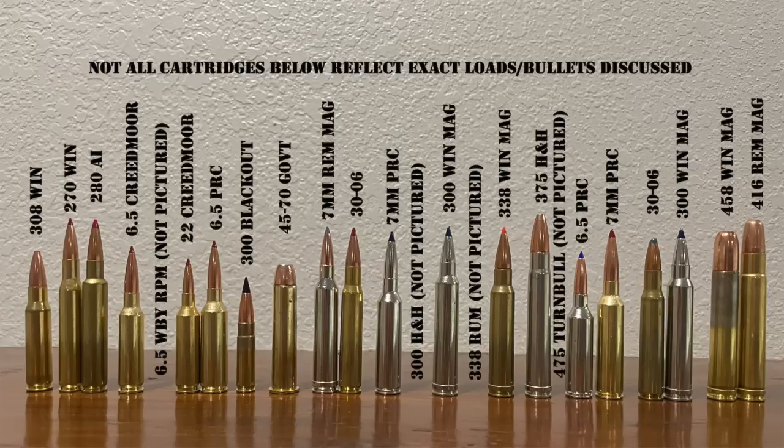For sheep and mountain goat, I went with the 6.5 PRC with either 127 grain Barnes LRX or a 143 grain ELDX. Joseph selected the 7 PRC here with a 175 grain ELDX. For Africa, plains game only, I went with the tried and true 30-06 180 grain Partition. He selected a 300 Win Mag, 200 grain Terminal Ascent. Thick skin dangerous game, I went with a 458 Win Mag, 500 grain DGX/DGS. He went with a 416 Remington or 416 Ruger, but the Remington was his number one choice, 400 grain